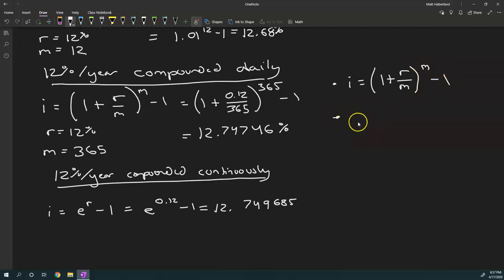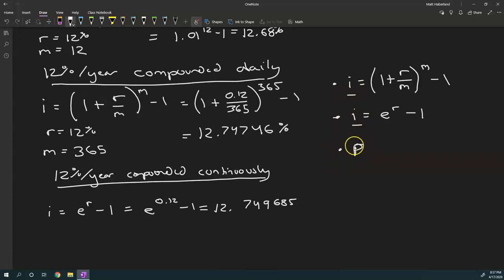You need to remember, if it's continuous compounding, then it turns out that the limit of this as M approaches infinity, so not 365 times per year, not a million times per year, but infinitely many times per year, every instant, it turns out that I is equal to e to the nominal interest rate minus 1. And finally, once you have the effective interest rate, I, corresponding with your year,